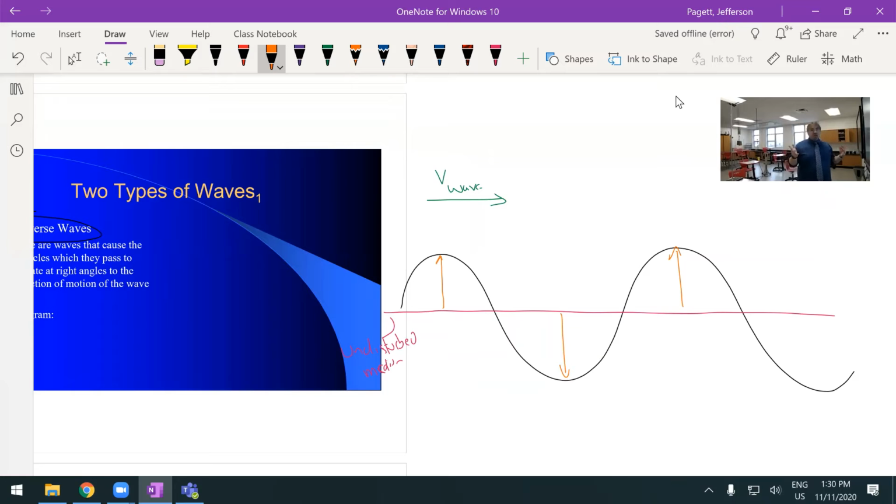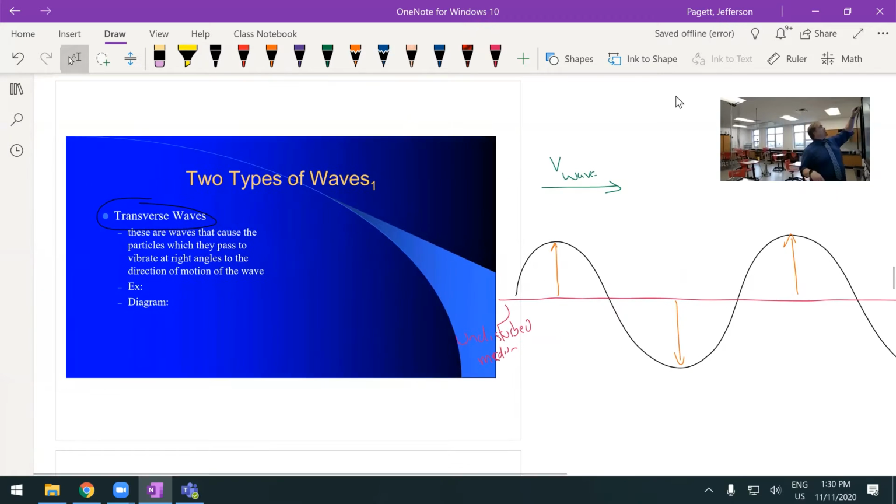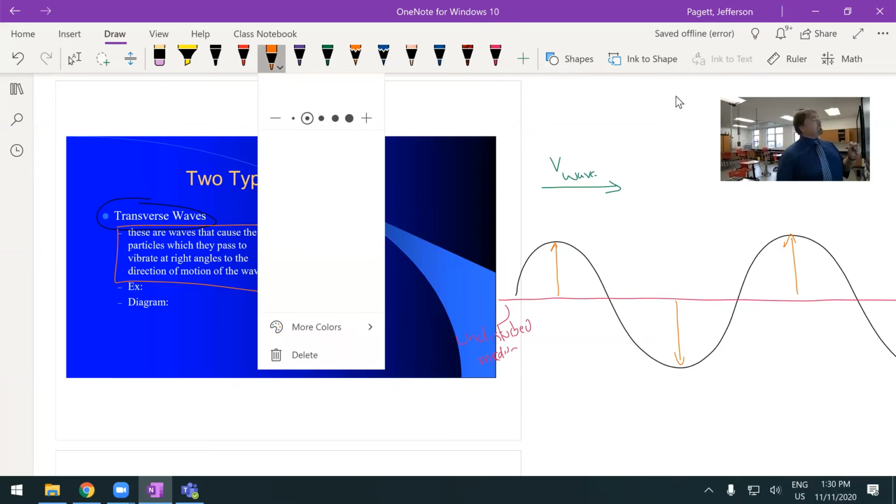And so this is kind of the definition of a transverse wave. It's going to cause particles which it passes to vibrate at right angles. And so my velocity of the wave is horizontal. My particle motion